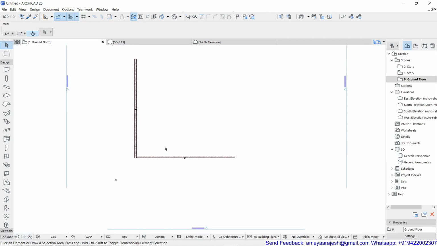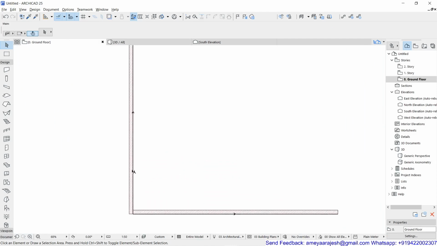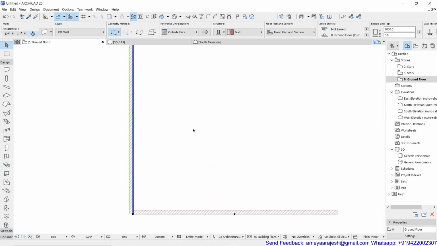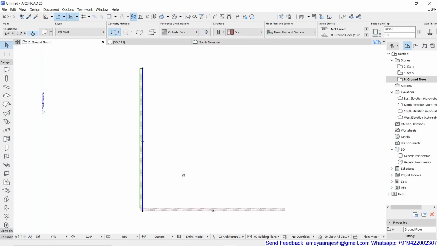Then what should I do in case I need a vertical segment? Should I use a flip for this? You can, but rotate and flip, why are you wasting the time? Instead of that, I'll use Control Z, one step back, and I'll use Control Shift M, that is mirror a copy. Okay, so mirror is the tool which we are using, but in a copy mode. And now if you read, it is written enter first point of mirroring axis. So my mirroring axis, I'm going to keep it on the node.